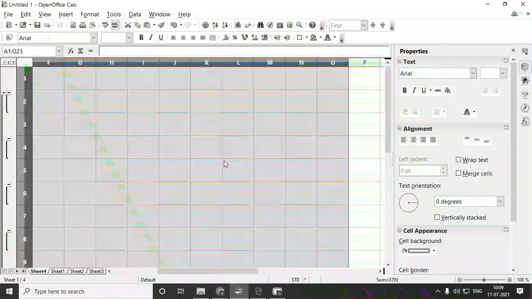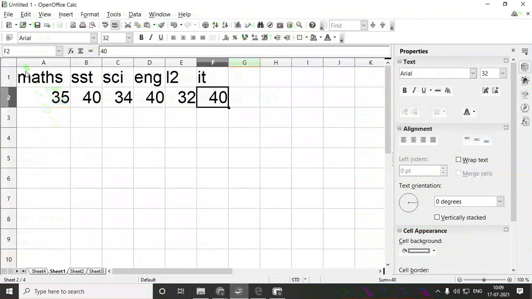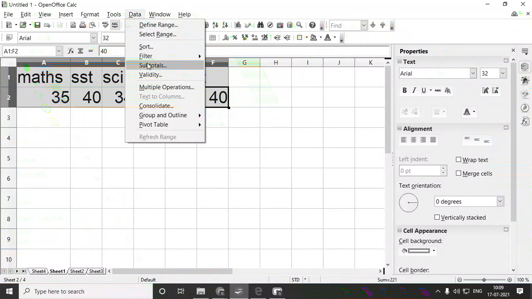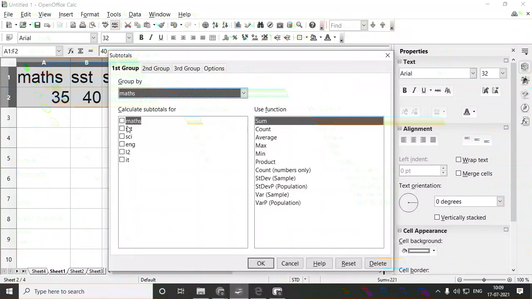So now after this, in this I'll find out the maximum marks over here. I'll just click on Data, Subtotals. Here also different subjects are there.